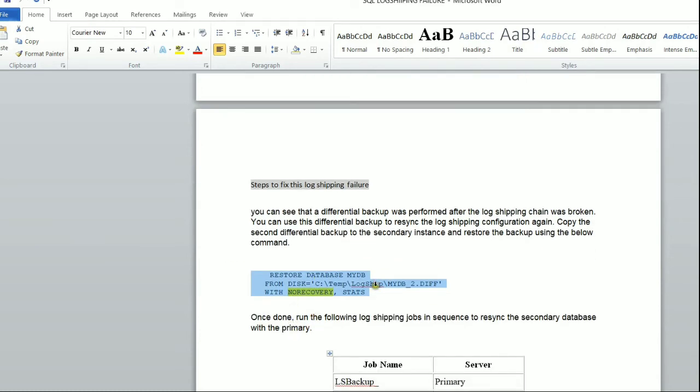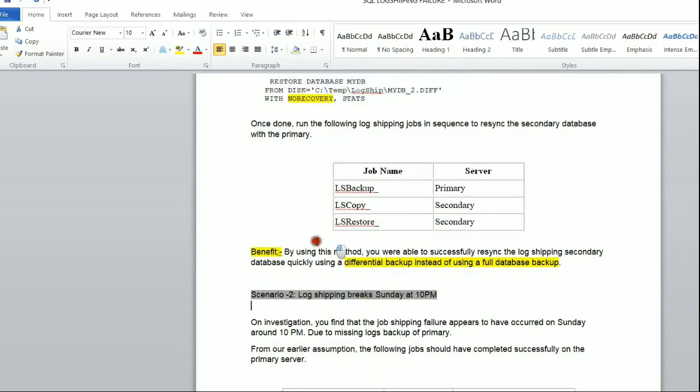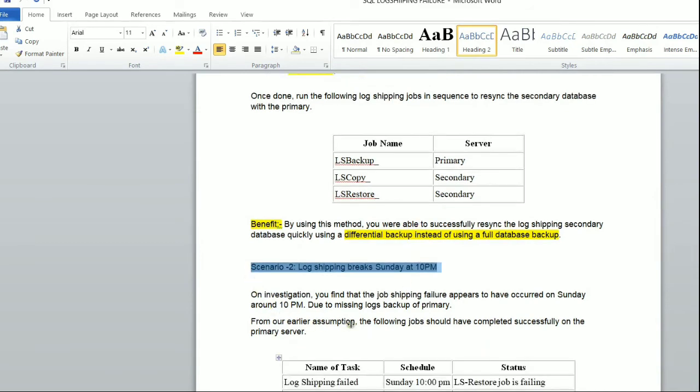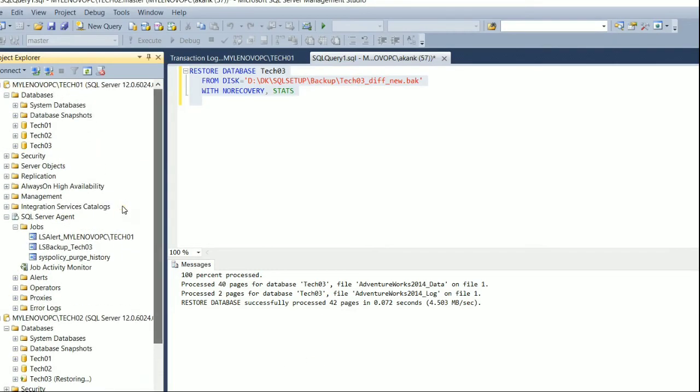It will definitely work. I would suggest you guys create scenario 2 and do the testing. Do it with this approach, and see whether you are able to apply the differential or not. Create the same backup strategy and try. Why we are able to apply the differential, I already told you: because the differential base LSN is already there. That's the reason we are able to apply the differential backups.